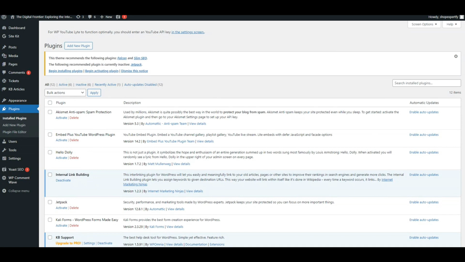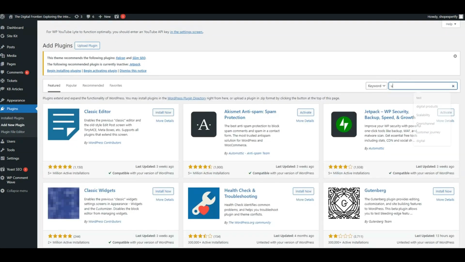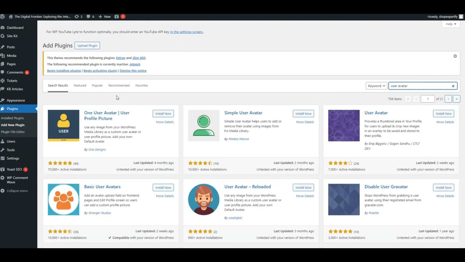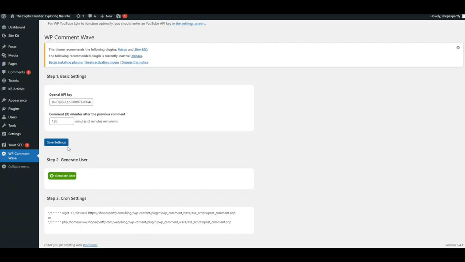The latest versions of WordPress do not allow managing user avatars. WordPress assumes the use of the Gravatar plugin. In the WP Comment Wave plugin, avatars are generated for the WP User Avatars plugin. If you need interaction with other plugins, let me know, maybe by the time you watch this video, it will already be in the WP Comment Wave plugin. So, we press the button to generate an image and get the finished image of the user.